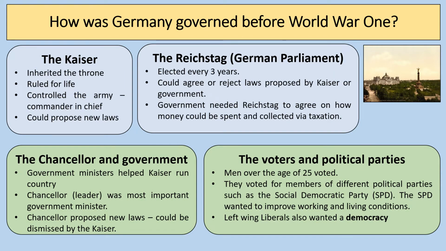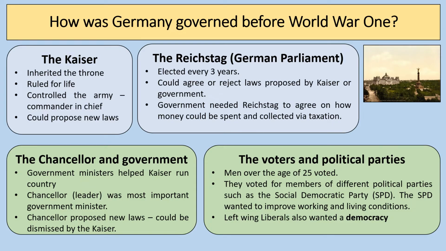So we've looked at some of the features. This is how Germany was governed before the First World War, and there are a few key concepts and key ideas for you to be aware of here. So you've got the Kaiser right at the top, inherited the throne, ruled for life, controlled the army, was commander-in-chief, could propose new laws. They could do things like get rid of the German parliament, the Reichstag, if they wanted